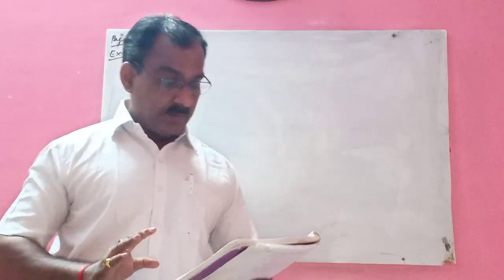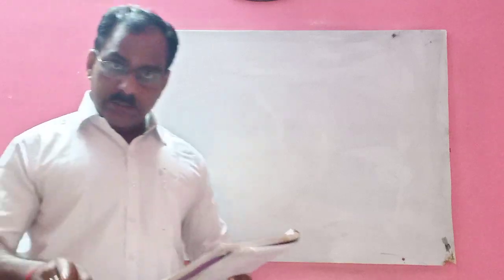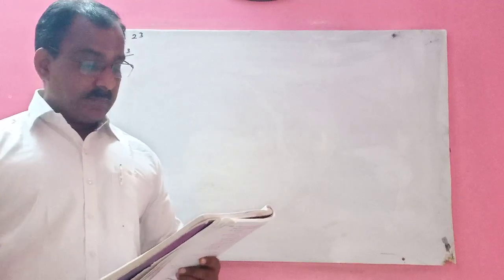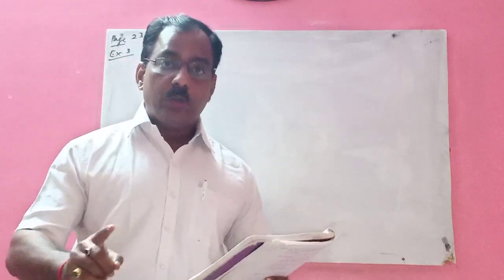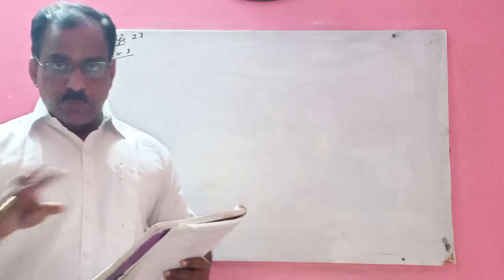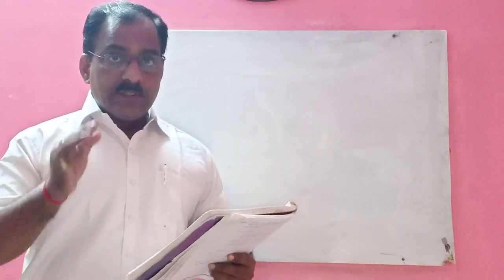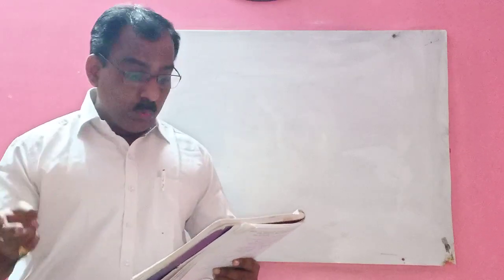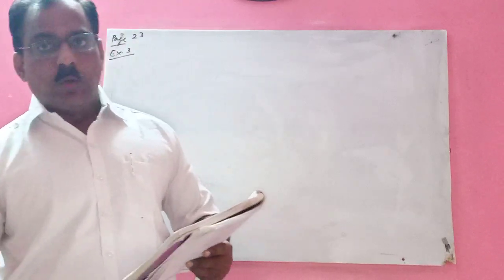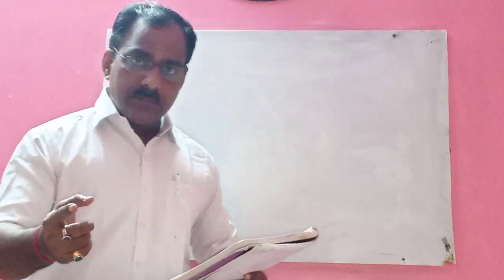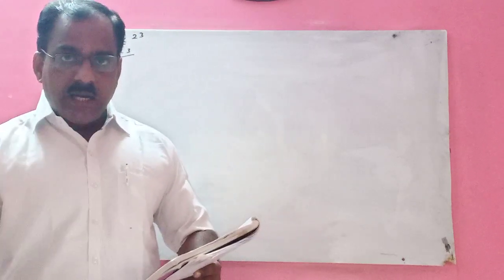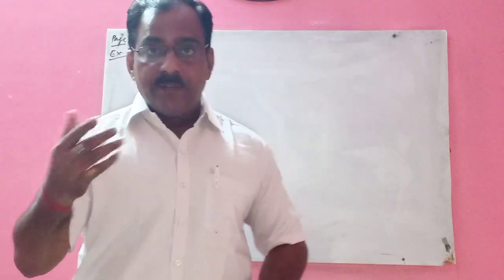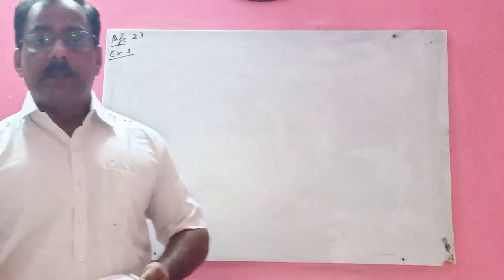Now see what is the question. Find the speed of water current. Right? What is the speed of water current? And what is the speed of boat in still water? So here the unknown things are what? Number 1, the speed of water current. Number 2, the speed of boat in still water. These are the two unknown things, so you will take them as x and y, and speed is always taken in kilometer per hour.